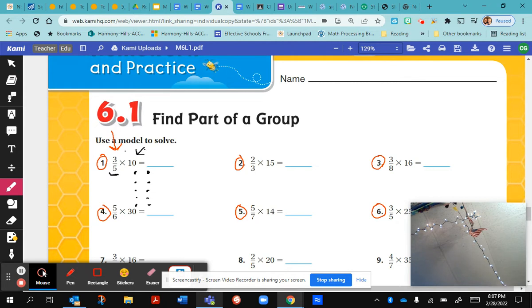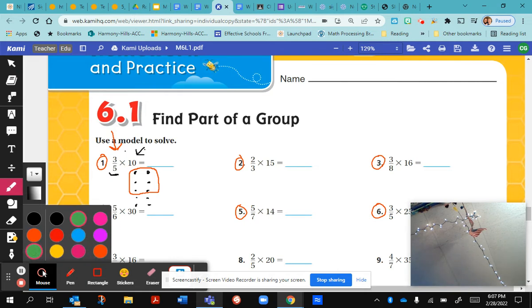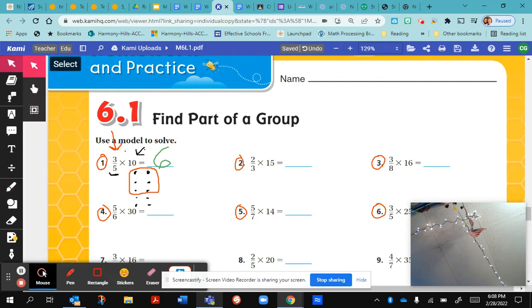So I need to have 3. I'm going to circle 3 groups. So this is going to be 1 group, 2 groups, 3 groups. So this is going to represent 3/5 of 10. And so how many are going to be in that group? Absolutely. I see 6. 1, 2, 3, 4, 5, 6. So the answer is 6. Let's work the next one. On number 2,